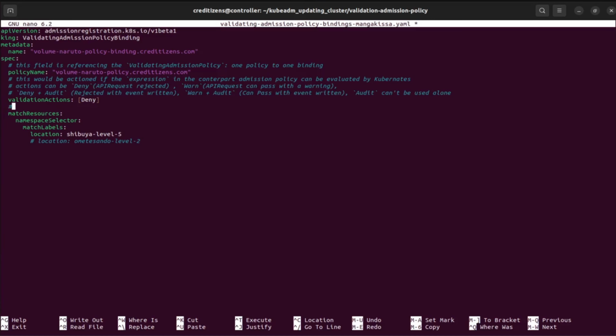If it's not respecting, it's going to come here and see what the validation action says. If it says deny, it's going to deny. If it says warn, it's just going to warn the user with a message and let it deploy the workload. Here is the resource made available to check the expression,